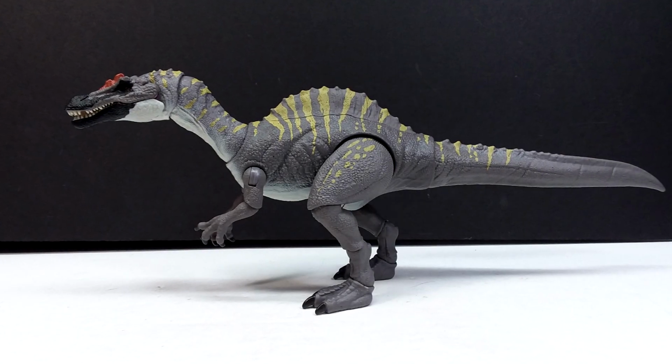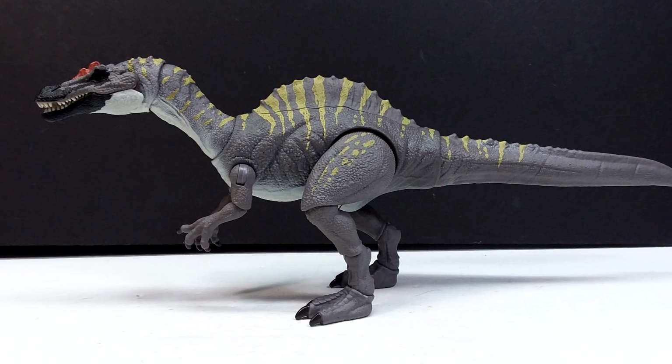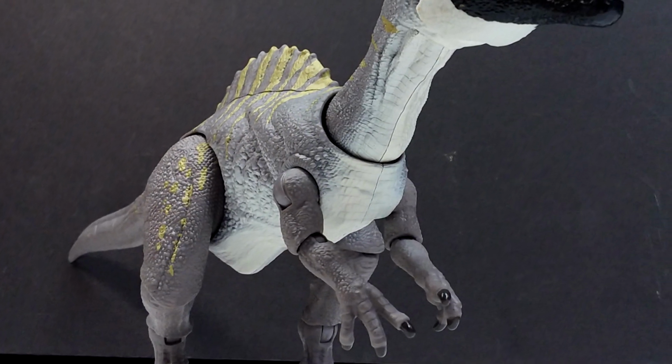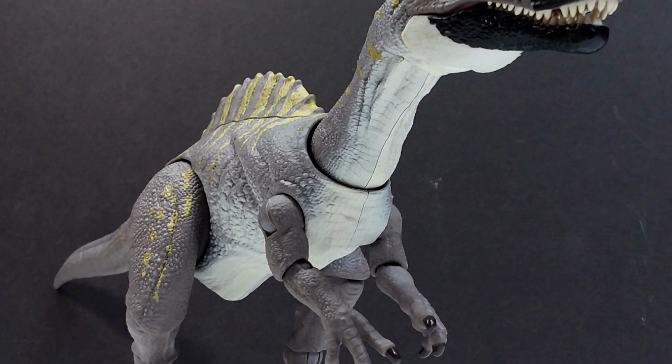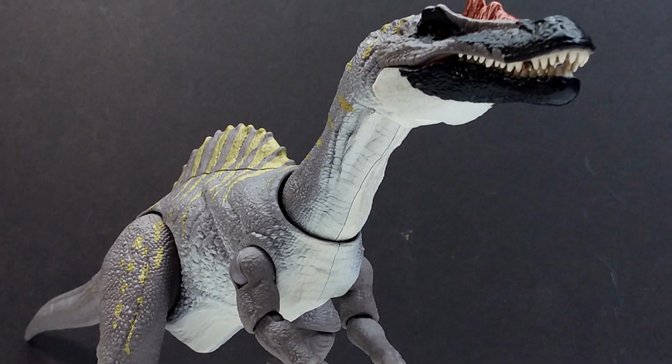My number 5 has the Hammond Collection coming back again. Not a surprise, since the Hammond Collection is the best thing Mattel has going in my opinion. But this time we've got the Irritator. Some people were a little upset about the release of this one because it's not a canon species. It's not something we've seen in the franchise before, and they really wanted to see the Hammond Collection run through all of the species we've at least seen on screen before